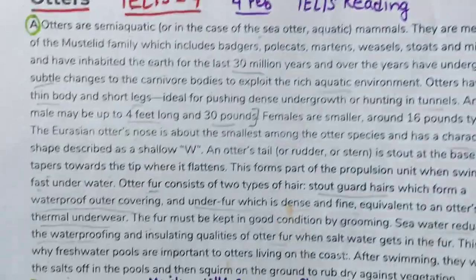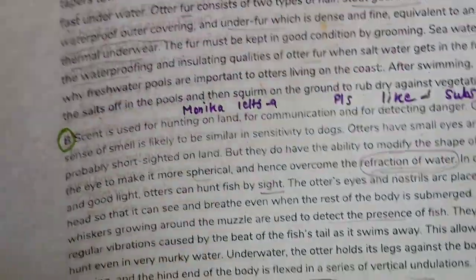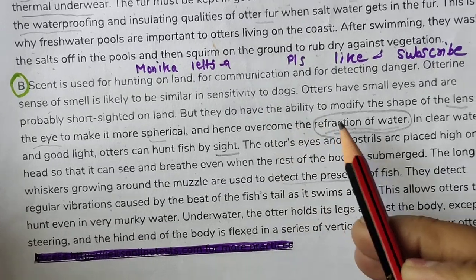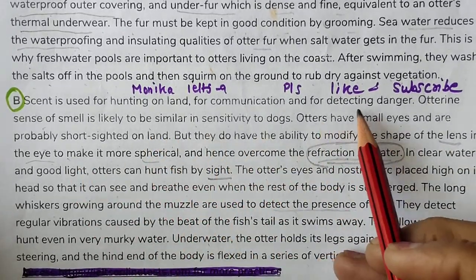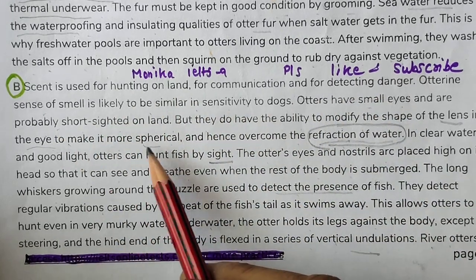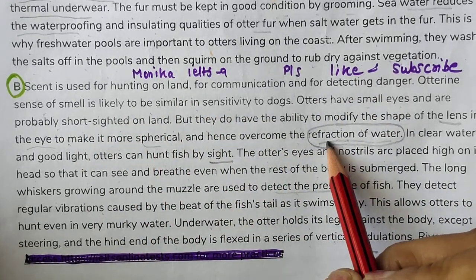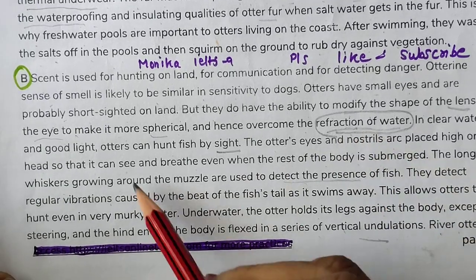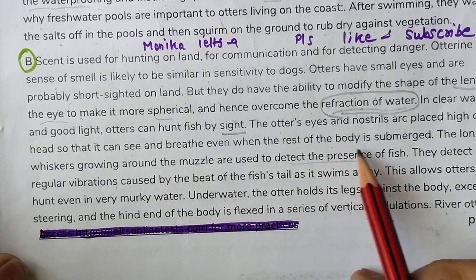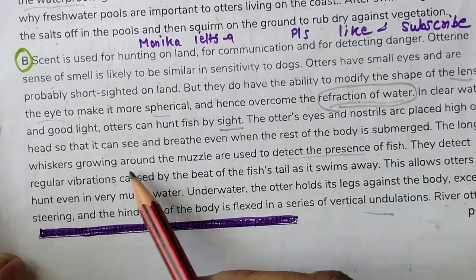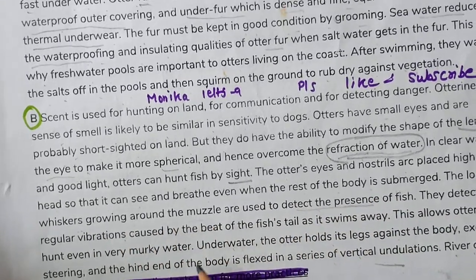Okay, let's read it here also, because they don't have the ability to modify the shape of the lens, so detecting danger, short-sighted. So of course they are talking about the underwater sense. Good light, the eyes placed high so that it can breathe. Submerged, the whiskers growing on the muzzle to detect. Okay, so